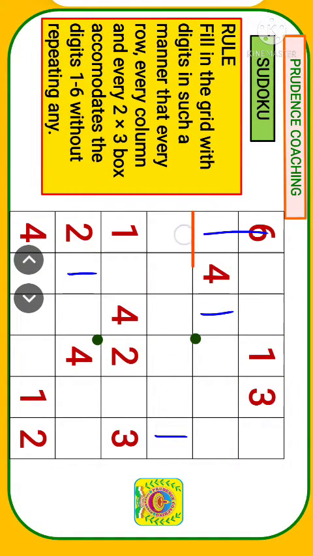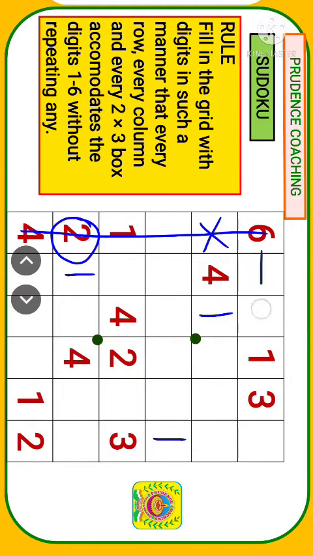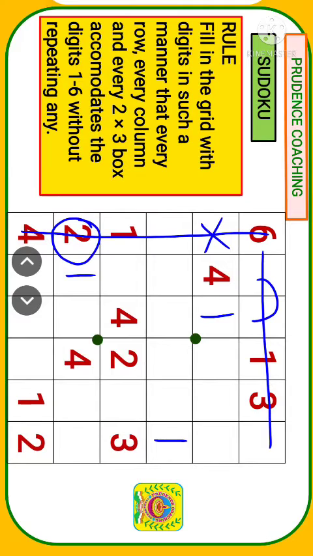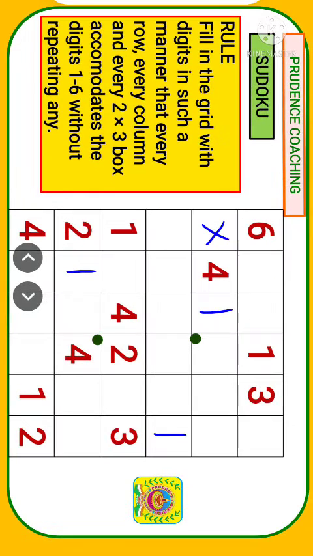As you can see in this particular column we already have a 2. So here no 2 will be coming. Here in this particular row we are a bit confused about where 2 is going to come, whether here or here. So as we are confused with the position of 2, let us move on to the next one so that our problem becomes easier. Now in the next 2 into 3 box as you can see in this particular column